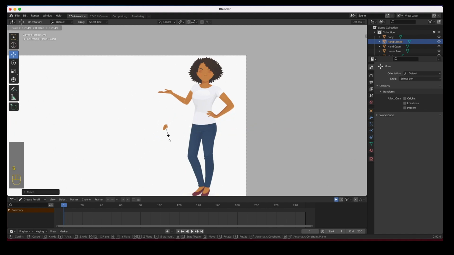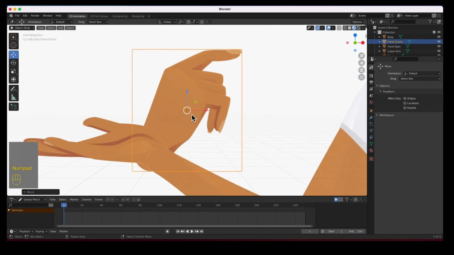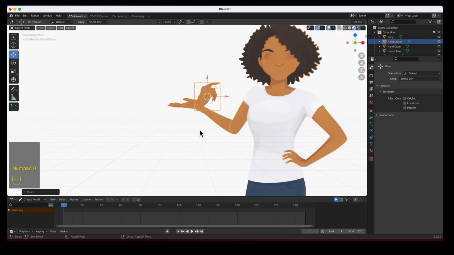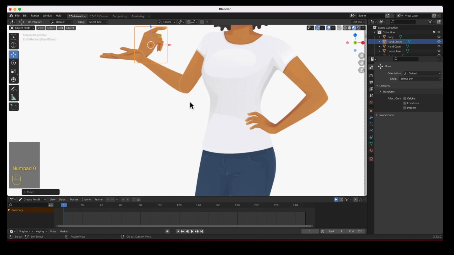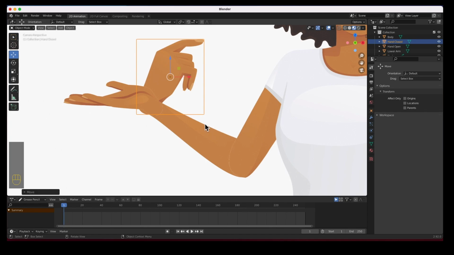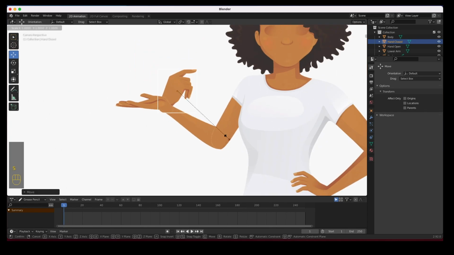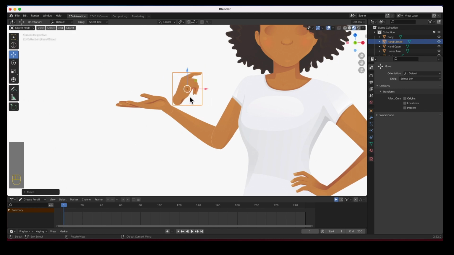And I'm going to place it right on there. I'm going to hit period. Right there. All right, I'm going to scale it a little bit in, maybe about that size. And I'm going to leave it there. Okay, that's the position of the